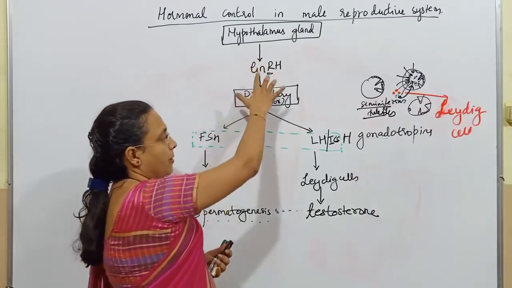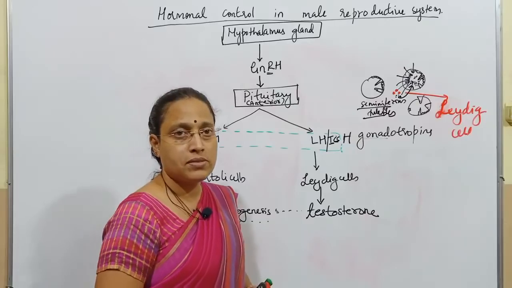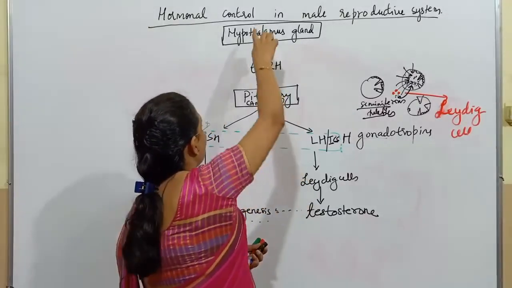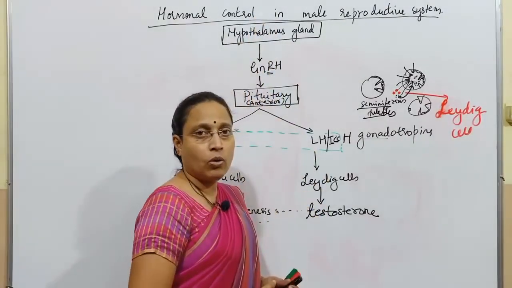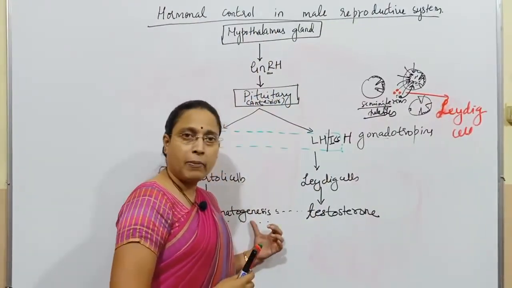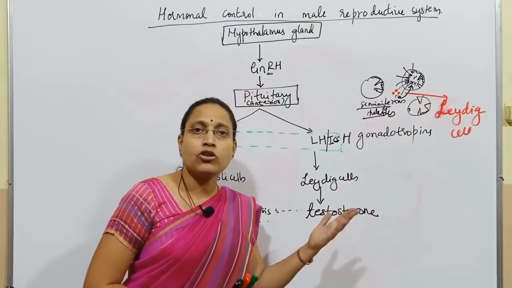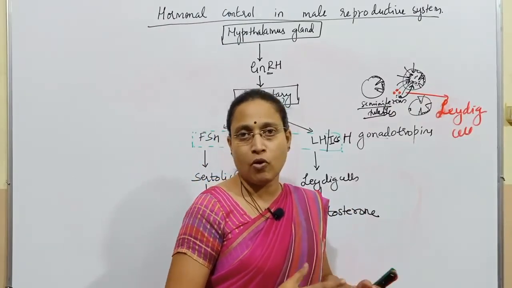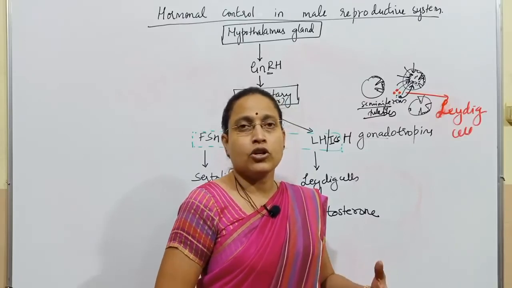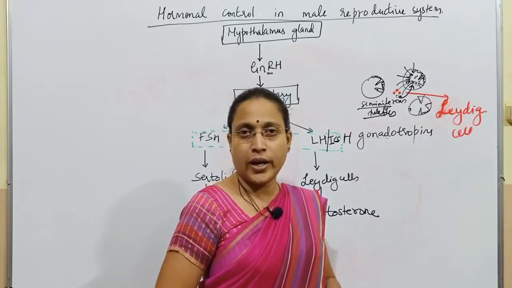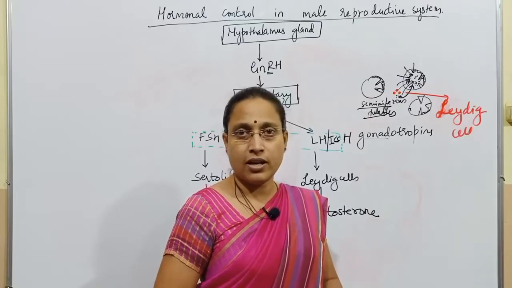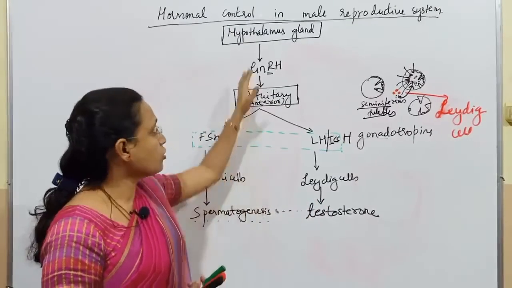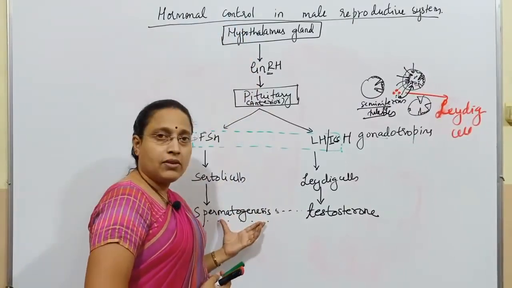So this was about the positive response. Now, hormonal control is there. There should be control. All the time there should not be spermatogenesis, or all the time testosterone cannot be produced, because the body has several other functions to perform simultaneously. So there should not be any energy drain towards only one physiological function. As a result, control should be there. Now what happens here?